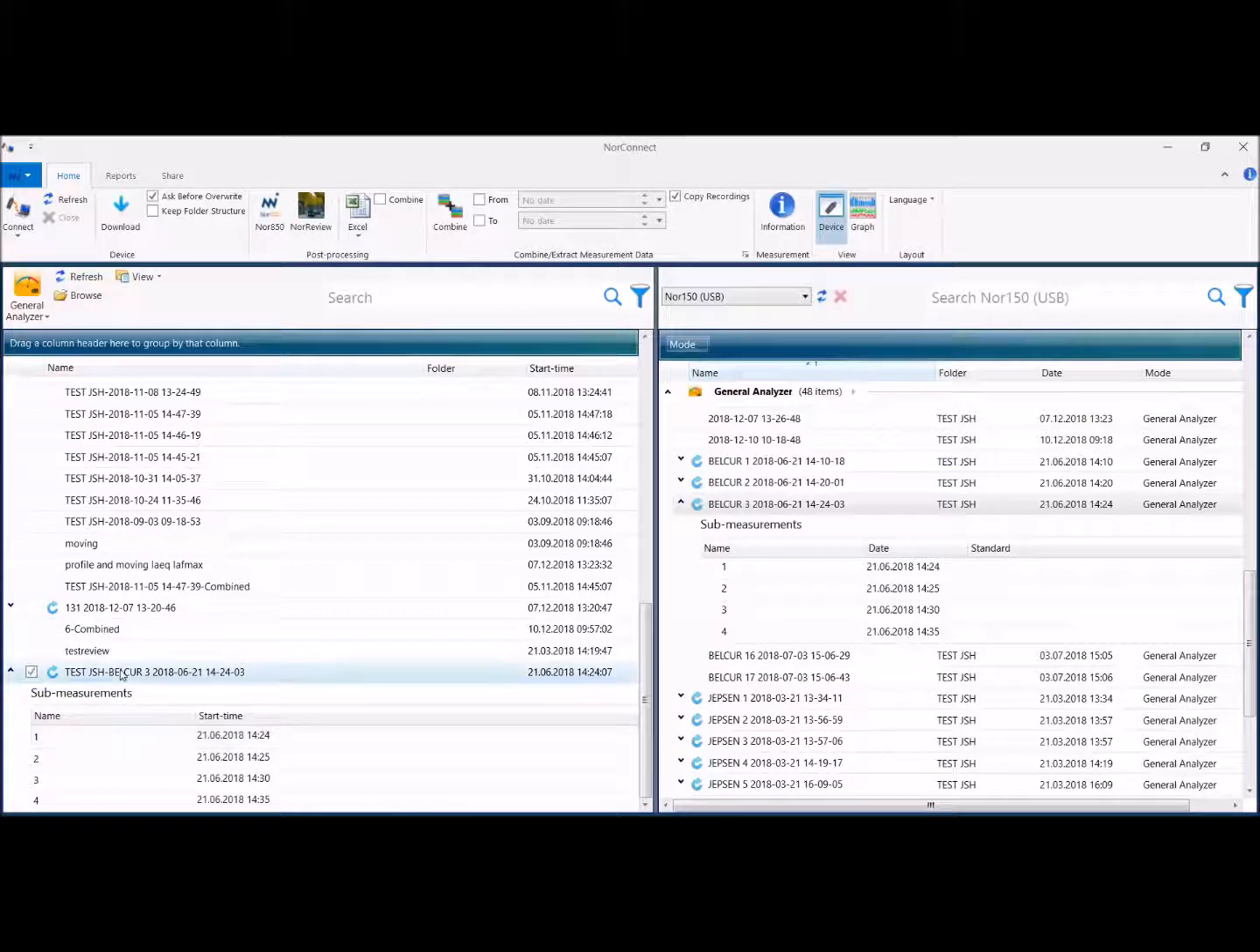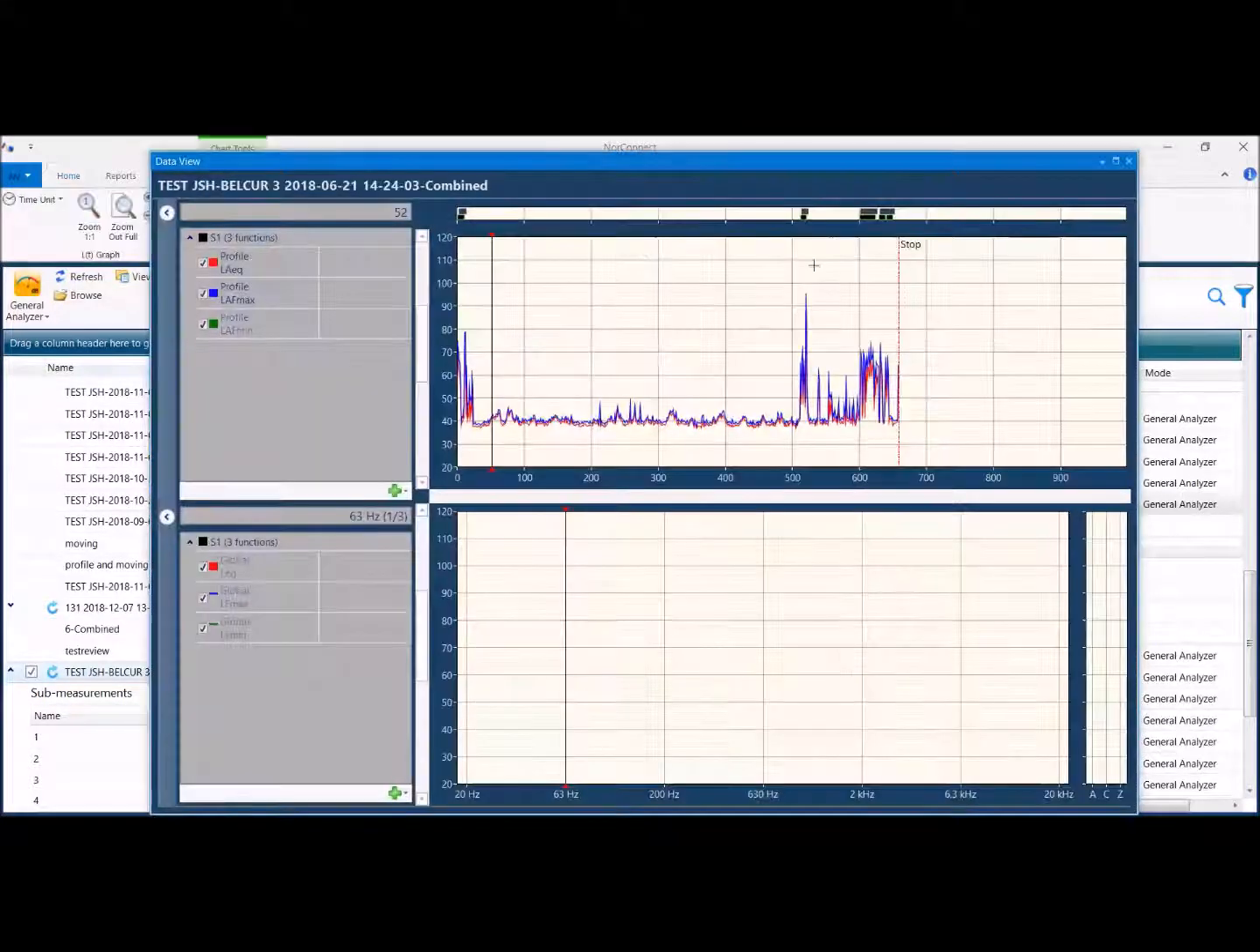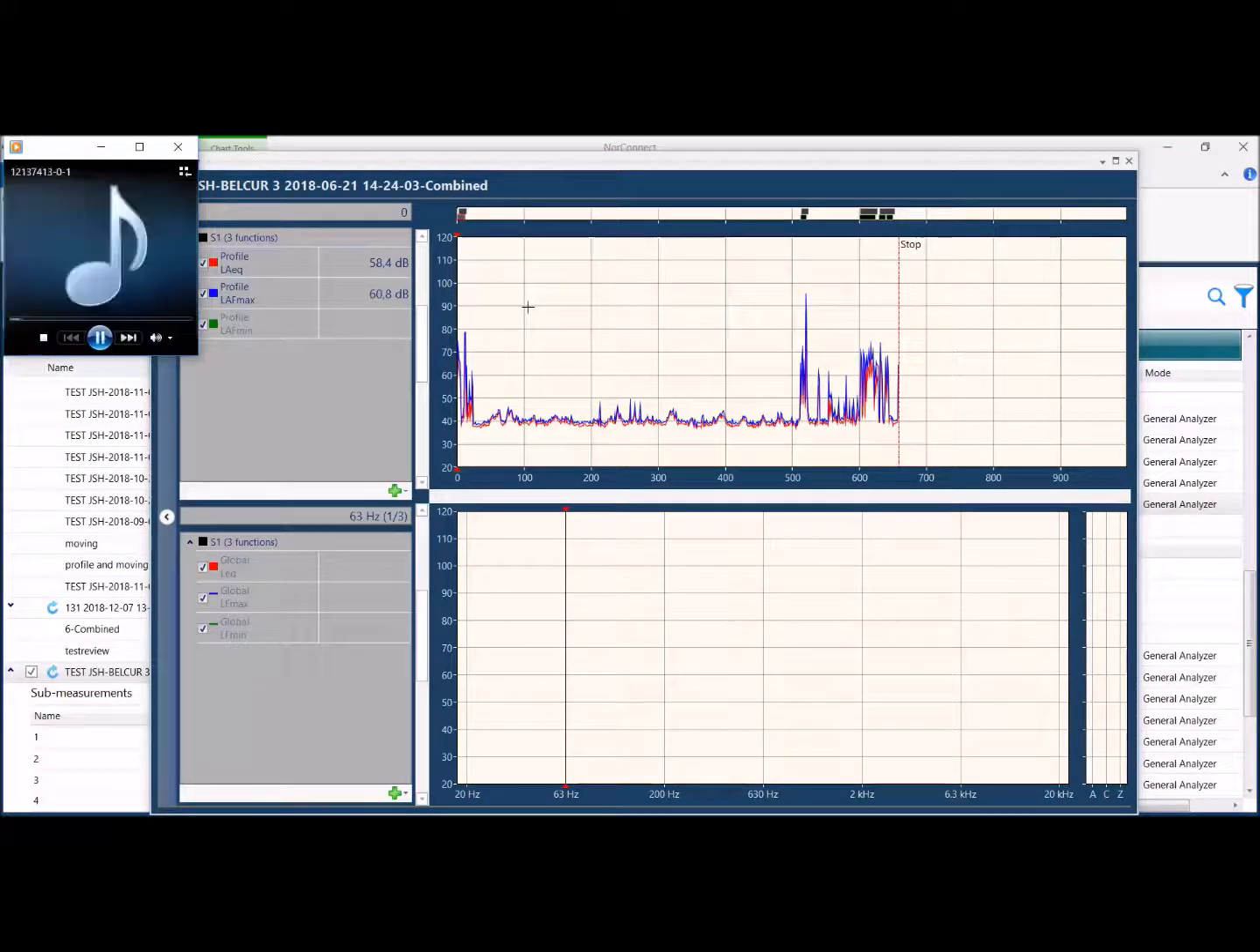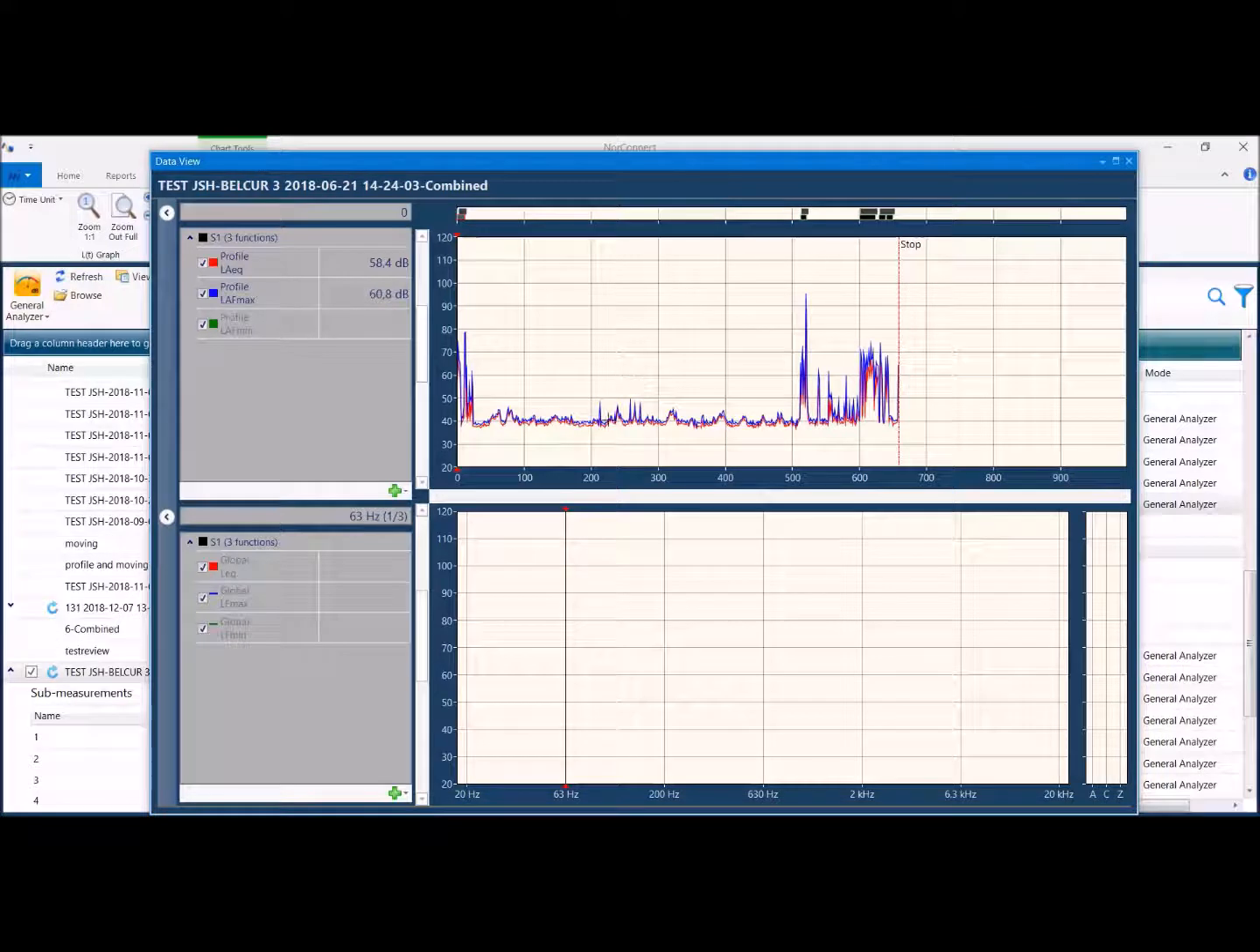But instead I look at the total, and in this viewer, we call it NorConnect, you can also listen to the recording just by highlighting like this and then pressing space. Let's say for 3 or 4 passes at 5 minutes, so we have 3 or 4 measurements at least. Okay, and then